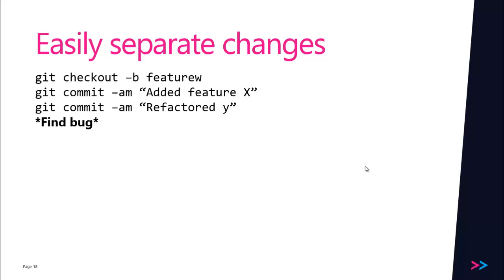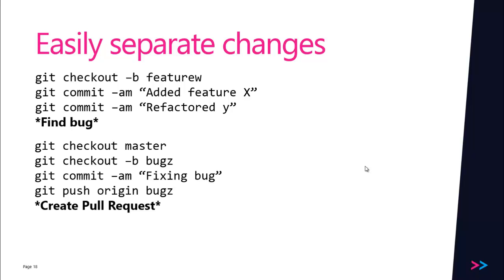Pull requests also allow you to more easily separate changes that you're working on. So let's see this scenario here. Now, if you haven't seen command line git before, this is kind of what it looks like. Hopefully it's fairly explanatory. You check out a branch, feature W, you add some commits, and then you find a bug. Maybe it's a really simple bug, like a one-line fix or something like that. Ordinarily, what you might do is just fix it and then do a commit. But then the bug fix commit is kind of intertwined with all of these other feature commits, and that can be a bit confusing later on when you're looking through the